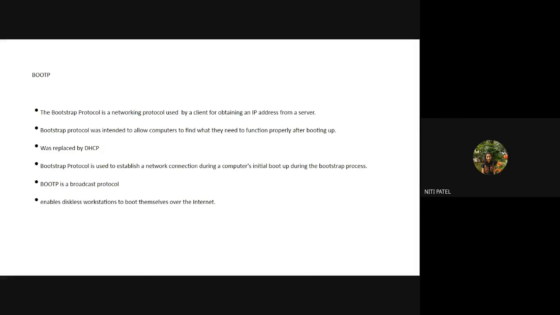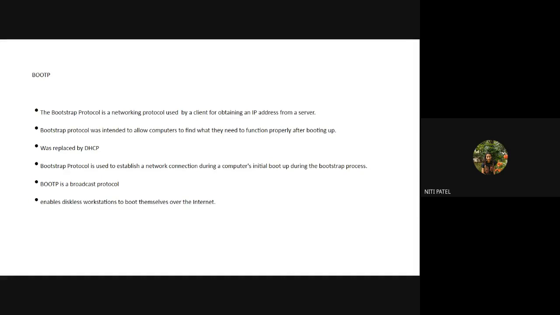Now when a bootstrap client machine is started, it will have no IP address. So it will broadcast a message containing the MAC address, because it does not have an IP address. What is the function of the bootstrap protocol? To give the IP address. The client machine is connected to the server machine on the network. It has its MAC address but not its IP address, so it sends a broadcast, like we have seen in ARP and RARP. That broadcast message containing the MAC is sent on the network. This is called the bootstrap request, coming from the client machine to the server machine.